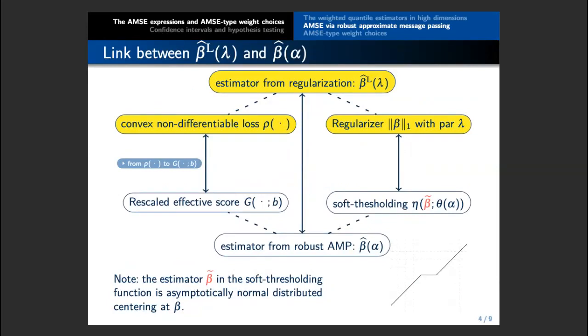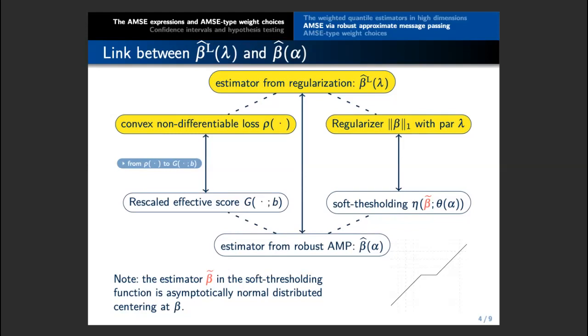For obtaining an estimator from regularization, we need 2 elements. The first is the convex non-differentiable loss function, which corresponds to the rescaled effective score function in a robust AMP algorithm. The second element is the L1 regularizer with tuning parameter lambda, which corresponds to the soft thresholding function in the